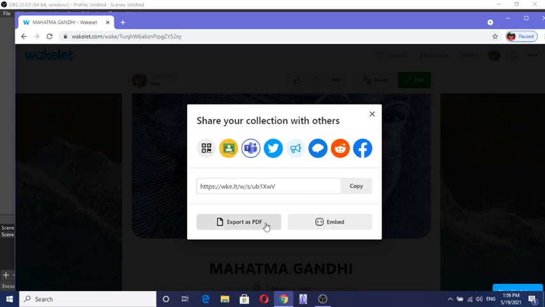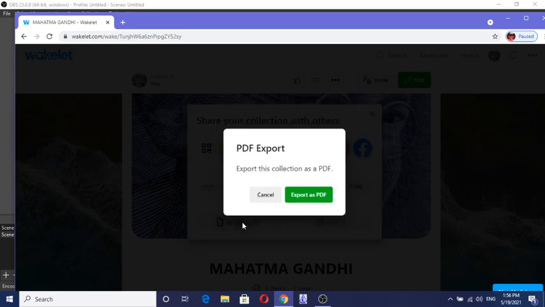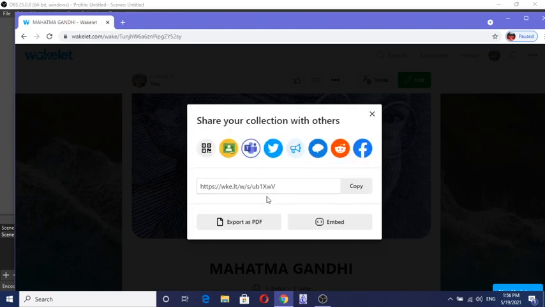Next thing is, if you want to get a PDF file of this collection, you may get it either from here or another option I will show you. Once you click on export and PDF, a PDF file will be generated, and you may easily download that one to share with anyone or for your personal use. Very good option. I say this virtual library. You may copy the link from here also, you may share, or you may use these options.